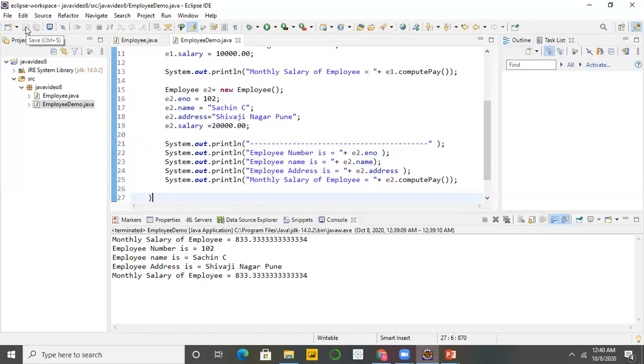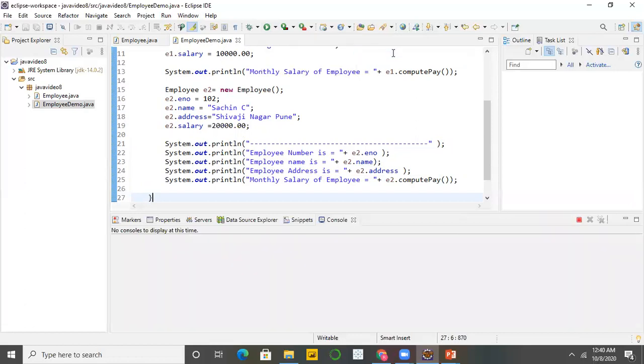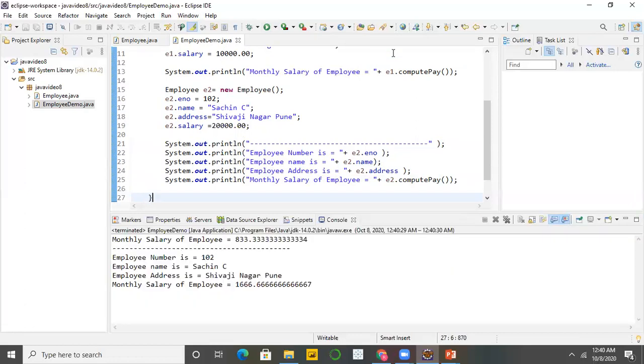Again save everything. So see here, this is the output of our program.